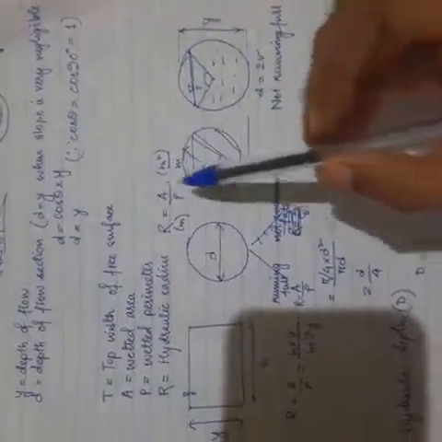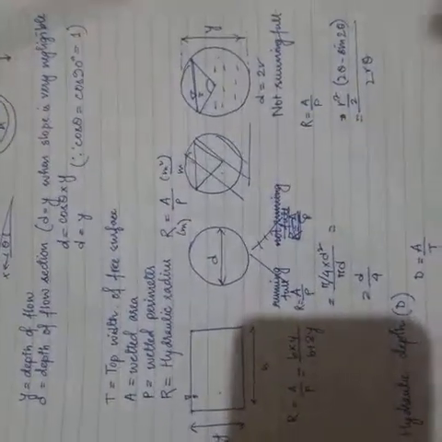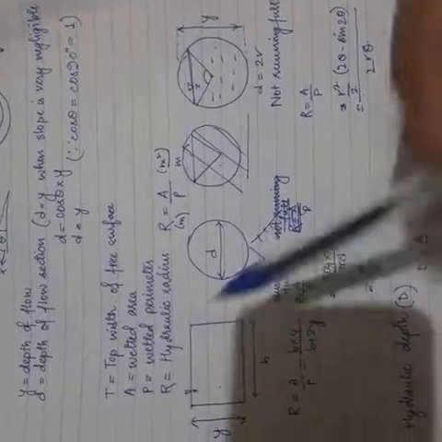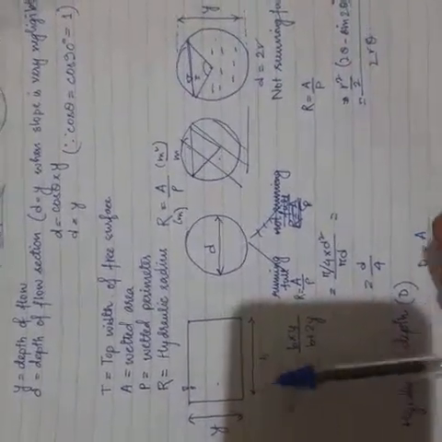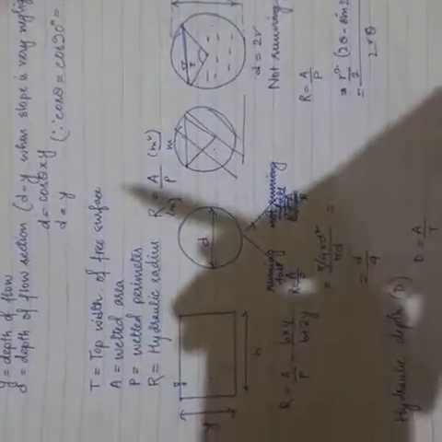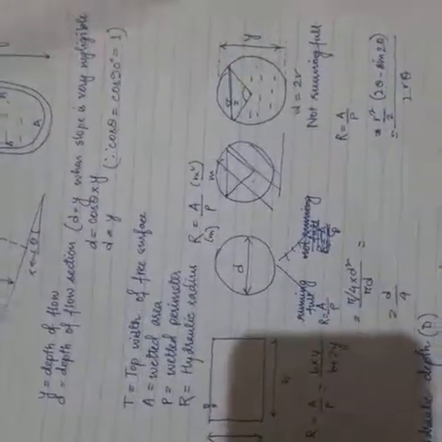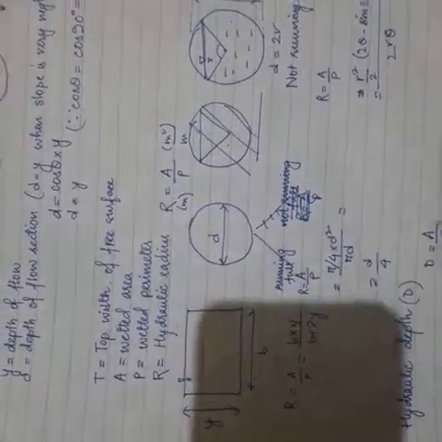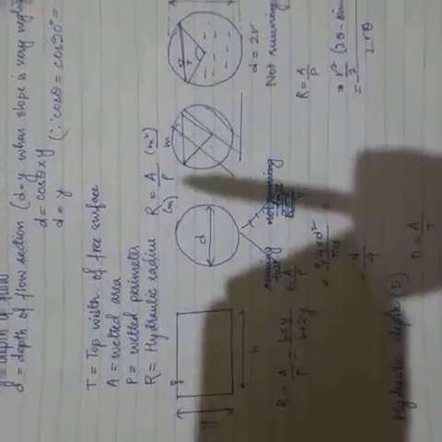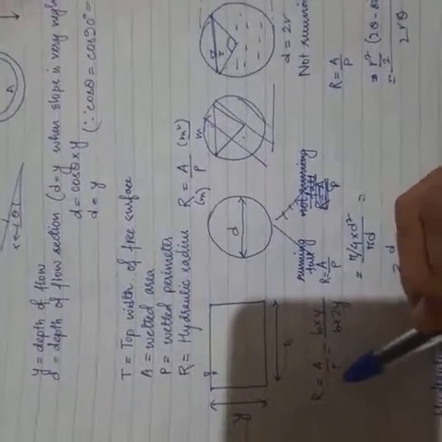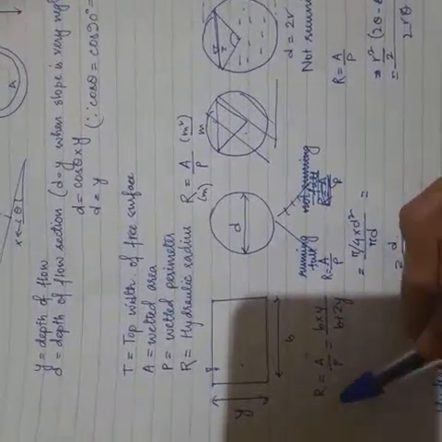Now this area can be anything. It can be a rectangle, it can be a square, it can be a trapezium, but for our ease we are going to consider rectangle first. Later you can talk about square also based upon your requirements, because for rectangle and square, the sides become equal. So R equals A by P. If we are asked to find out what is the hydraulic radius, then A by P is the hydraulic radius.